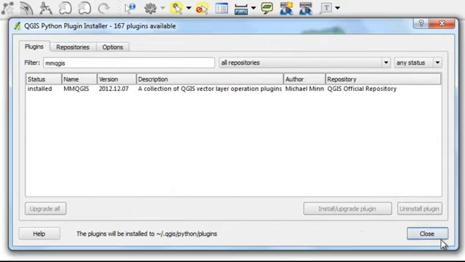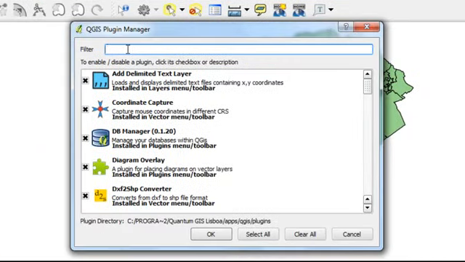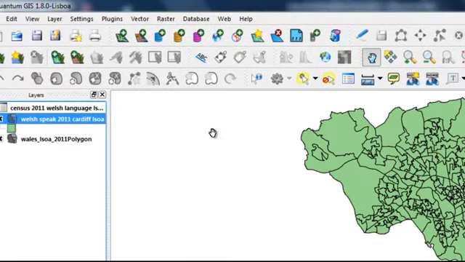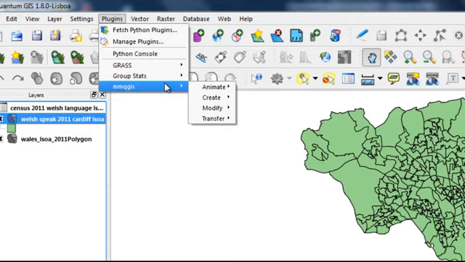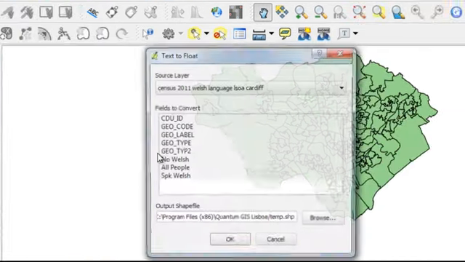Hooray. Close. Go back to manage plugins and search for it, and there it is. And just make sure that the text box is ticked, so it's displayed in the software. Click OK, and you then go to plugins, and it should be at the bottom of the pull down menu. Select modify, and then select text to float. Float is the technical term for numbers, or more precisely decimal numbers. So select text to float,